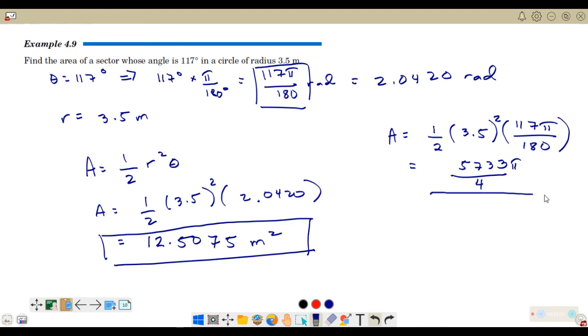Then at the bottom, you have 360. Okay. So, this is 5,733 over 4 times 360 over 1. You will end up with